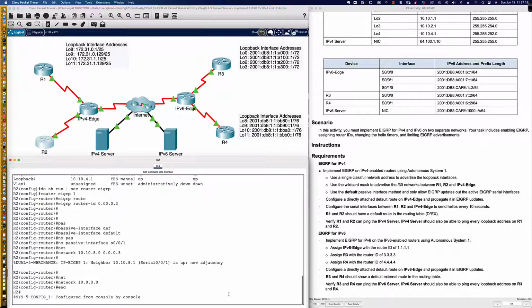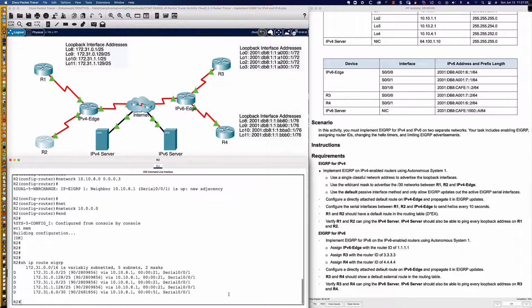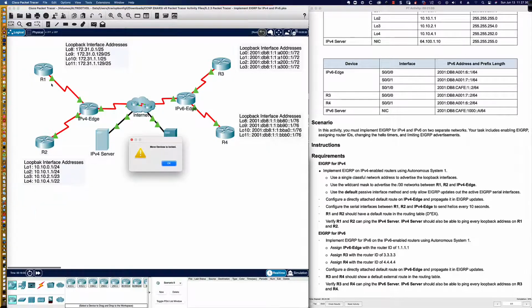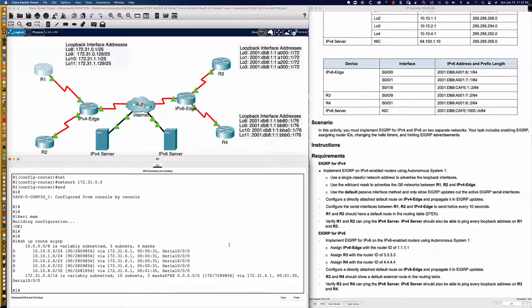So let's go ahead and save our config here. And let's say show IP route EIGRP. And there are all of the loopback addresses, those 172.31s that are coming off of router 1. And if I come over here to router 1, I should be able to say show IP route EIGRP, and we should see all those 10 dot addresses. And we do, and we see the default. Again, here on router 2,